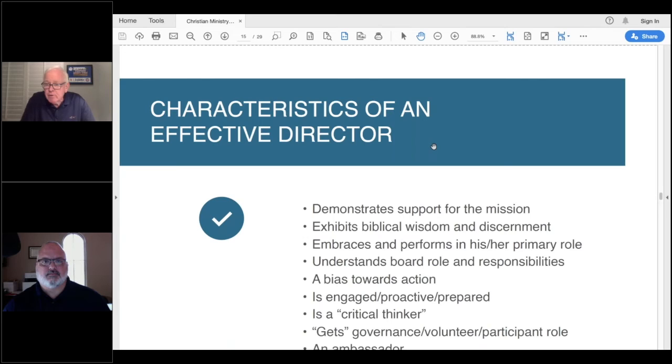Here's a job description, and you Google them. There's tons of them online. You can just download them for free, and they cover the responsibilities, from fiduciary responsibilities to owning the results. Another one is a bias towards action. You don't want people who are going to come to meetings and sit like a potted plant. You recruited them because you respect their opinions, you respect their skills, and you want them to engage. You want to move the ball forward.